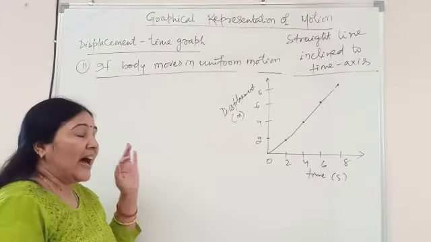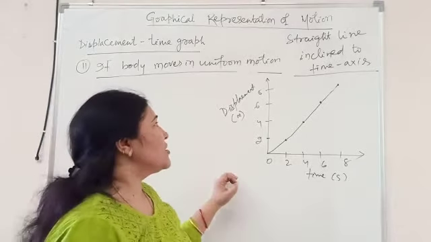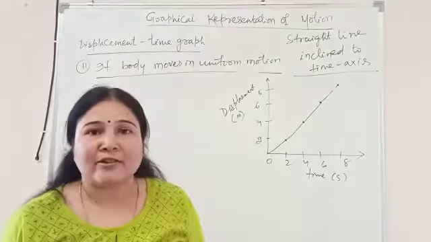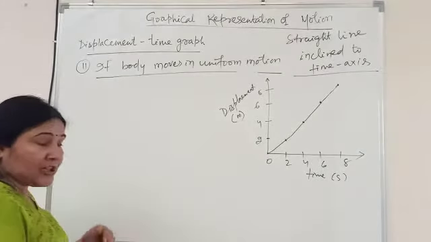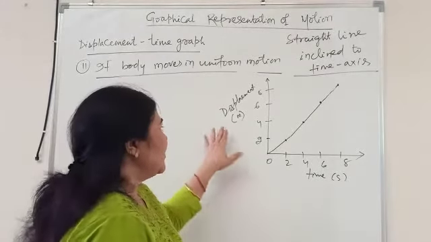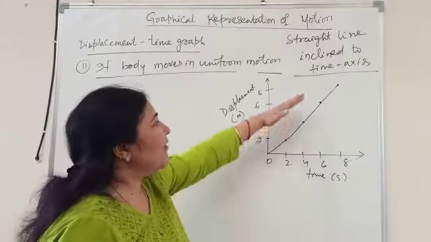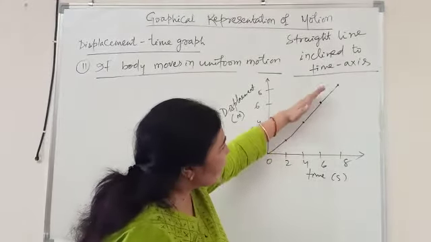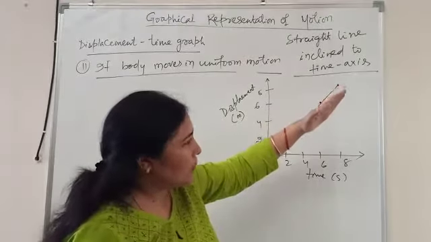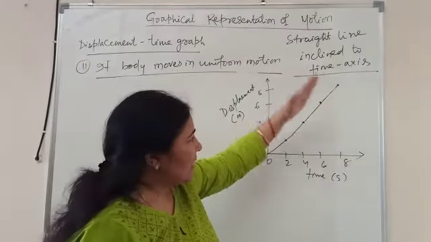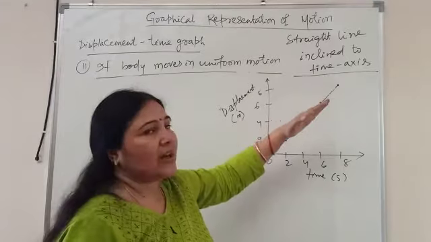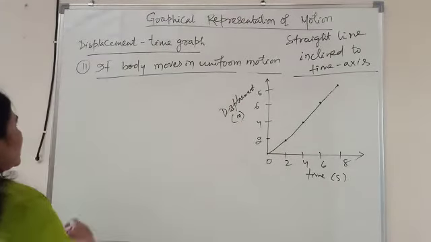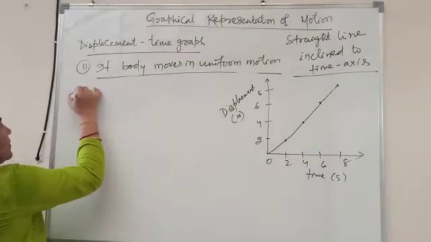But I said this graph will be helpful for you for something. What is that? I can find out the velocity from the displacement time graph. But how can I find the velocity from the displacement time graph? That's important. I can find the velocity by finding the slope of this graph. You can see that this graph is inclined, so that means it has a slope. If I find the slope of this graph, that will help to find the velocity.